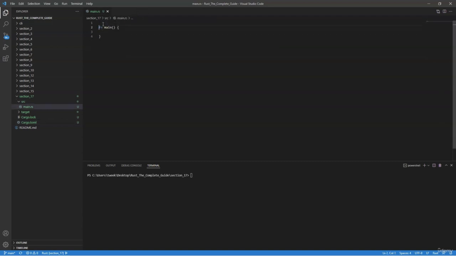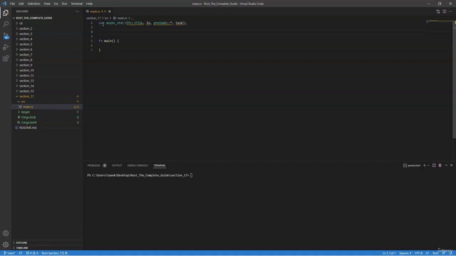And now we want to import some of the features inside of async-std. We want fs, io, prelude, and task. And we want these because we're going to do an asynchronous read from a file and then assign the contents of the file to a mutable string variable,